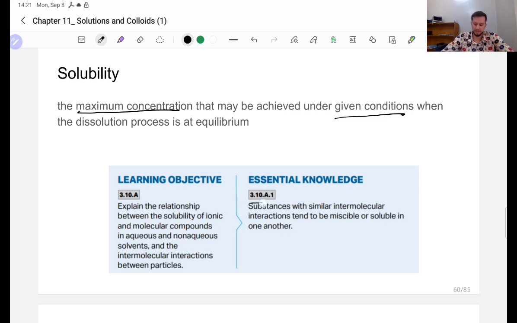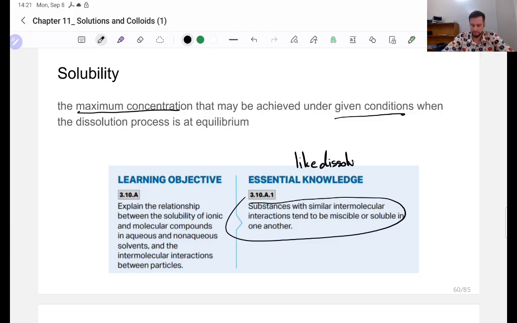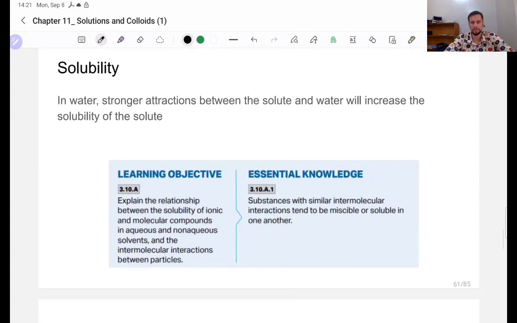And what the standard tells us is essentially that like dissolves like. So something with a similar polarity, for example, will dissolve better. Something that can hydrogen bond with water will generally dissolve a lot better in water than something that just has London dispersion forces. So like dissolves like is the general rule. In water, stronger attractions between the solute and the water will increase the solubility of the solute. So generally, things that dissolve better in water and have a higher solubility are polar and/or can hydrogen bond with